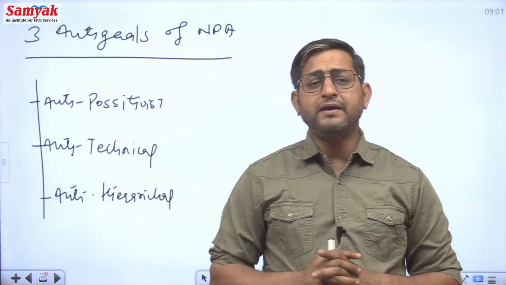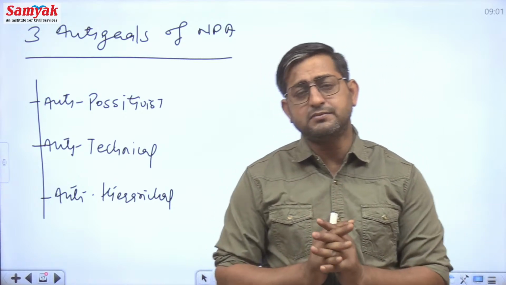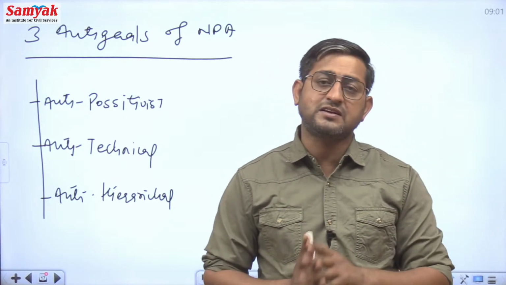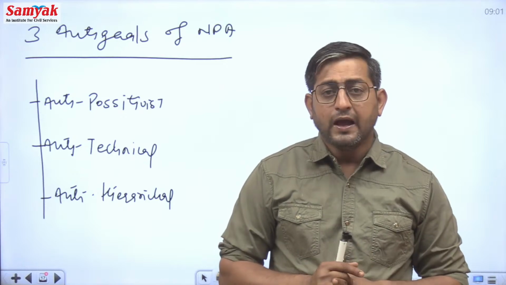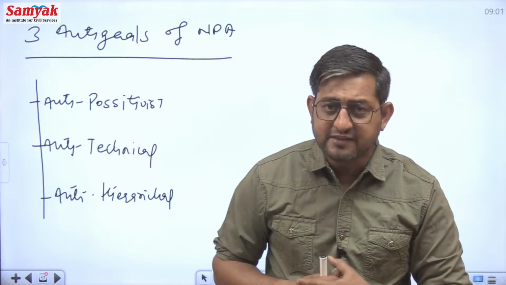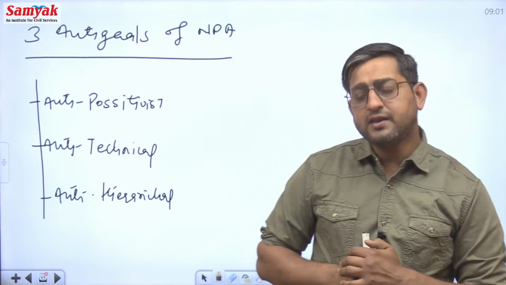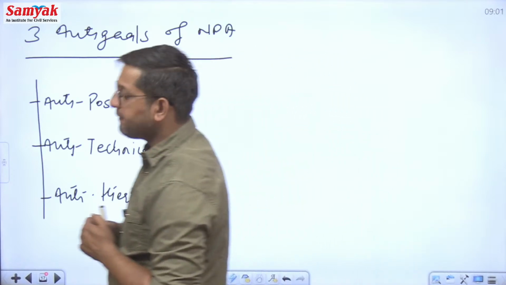If you want to be relevant then you will have to have the flexibility in the system which can be changed as per the circumstances and need of the society. अगर आप सोसाइटी की सर्कमस्टांसेस और नीड के अकॉर्डिंग सिस्टम और स्ट्रक्चर्स को चेंज ही नहीं कर सकते तो ऐसे पब्लिक एडमिनिस्ट्रेशन का कोई रेलेवेंस नहीं है। तो ये 3 एंटी गोल्स माने जाते हैं। तो अपने पहले एंटी गोल्स की बात कर लेते हैं।